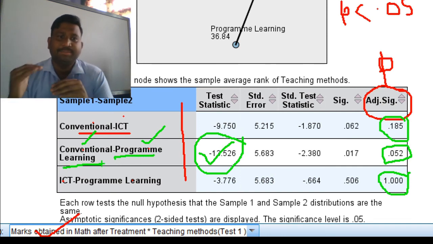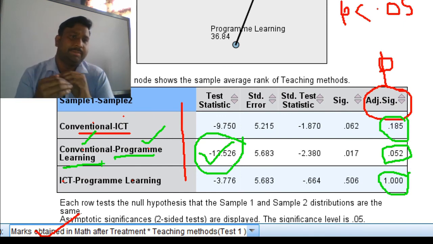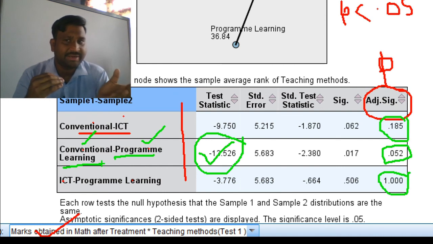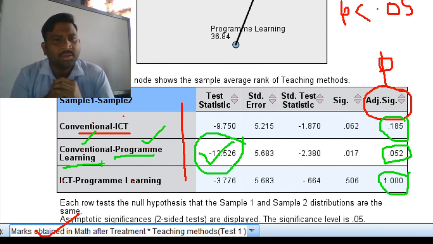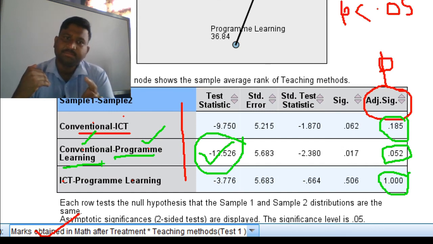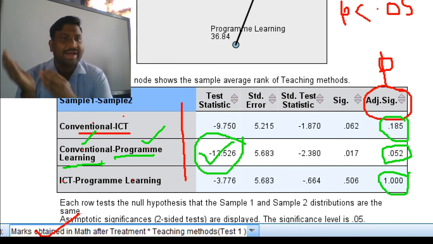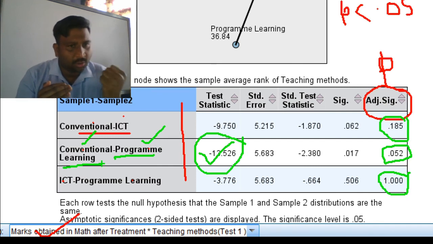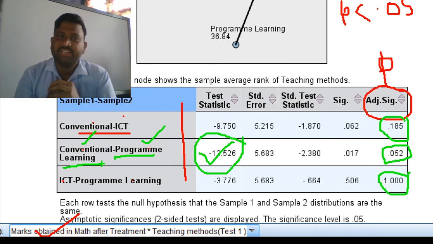Second method is better than first method. Means program learning method is better than conventional learning according to this data. So students who have been taught with program learning scored higher than students who have been taught with conventional learning.